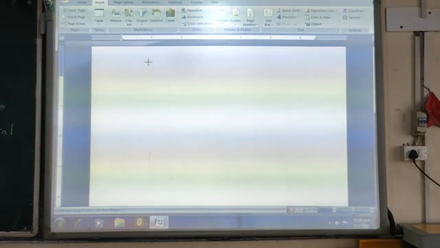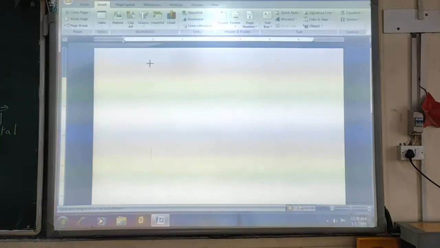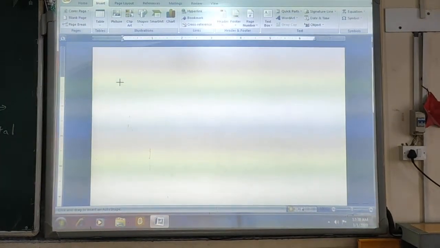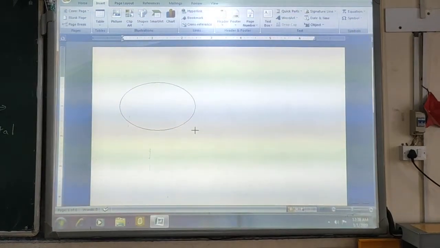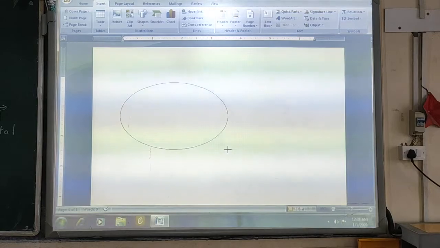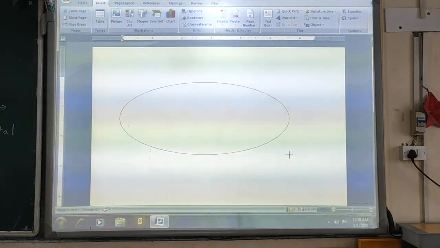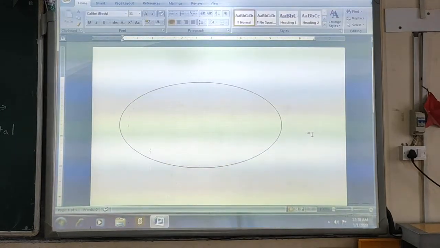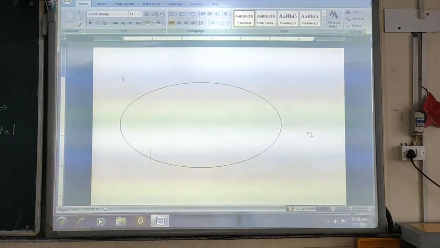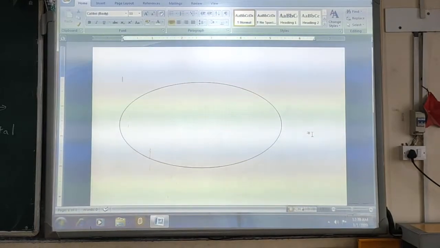Now just hold the left button of your mouse and drag until you reach the desired size. Suppose this is the size of the circle we require. Now you can see we have created a circle here.